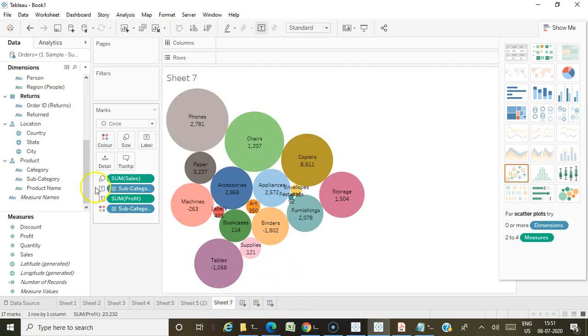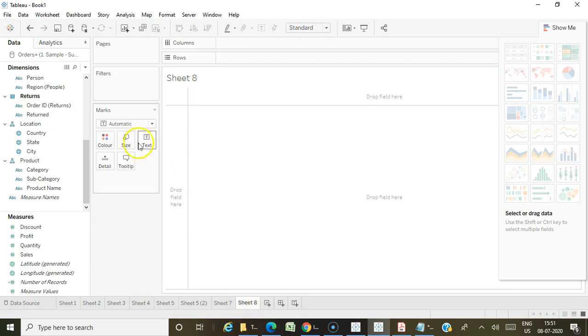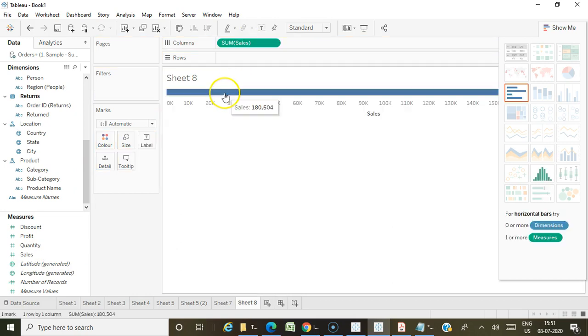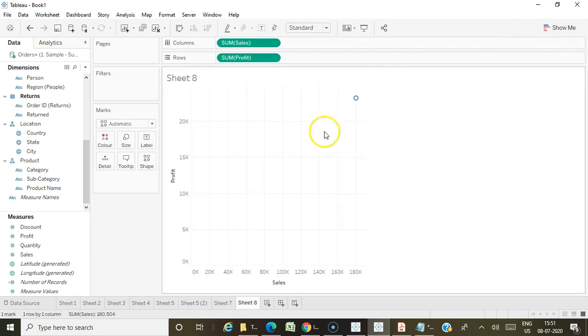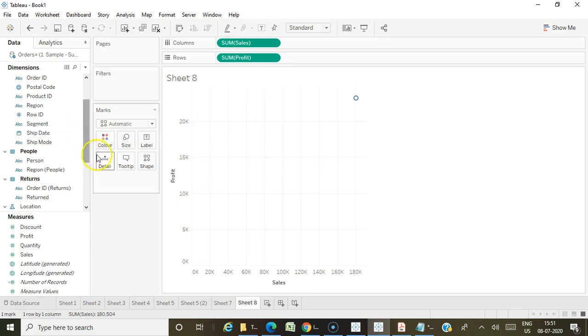Okay, and then when will we be using the detail section? We already know when you add a dimension, it adds detail to the view. When I want to relate some dimension or a measure at the detail level, rather than having it directly affect the graph, in those cases I can use this detail section. For example, in this scatter plot, I have a single value which shows me the sales and profit, because you know these are automatically aggregated.